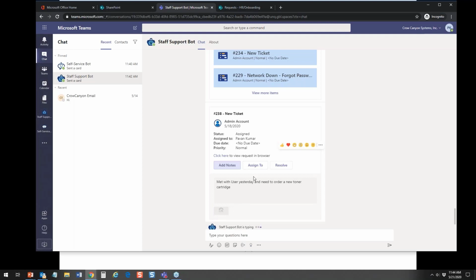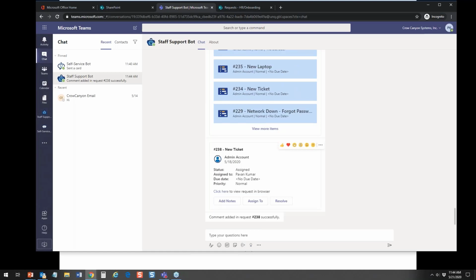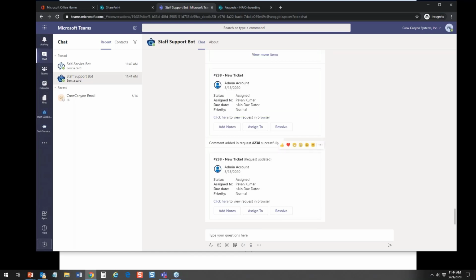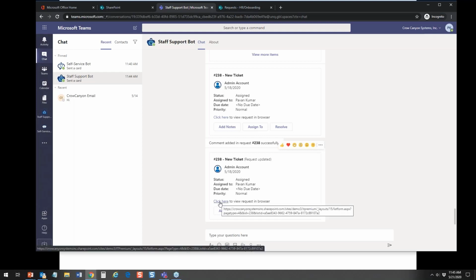Now, say you had something here where you're going to take that and it has to be assigned to or moved to a purchasing group or another group that will handle the actual order. So there are different things you can do to move it along in here. It may even need approval. I didn't even mention that, but it could be approved or disapproved, with buttons right here, obviously an option there. But let's look at this new ticket in the browser, and you'll see that notes were added